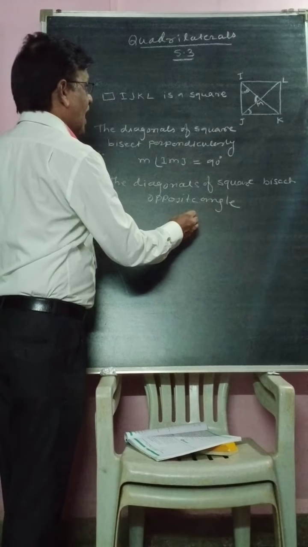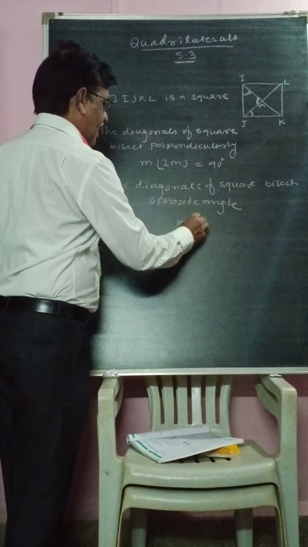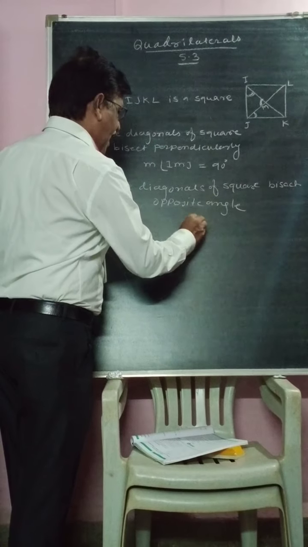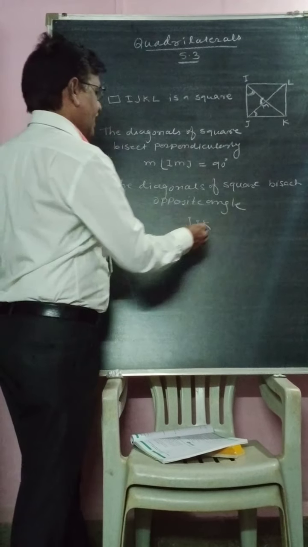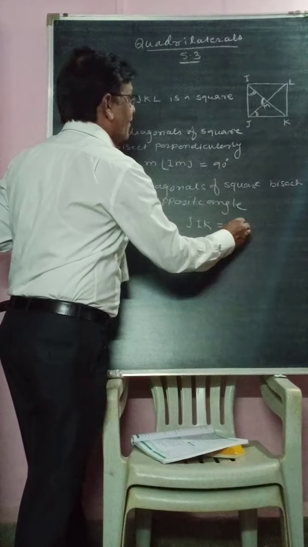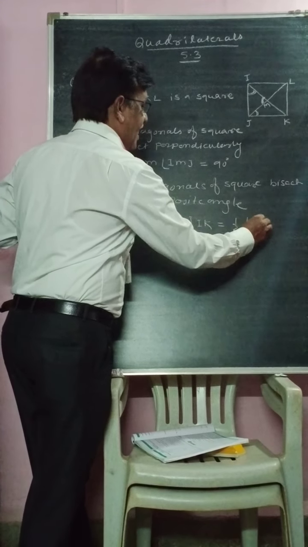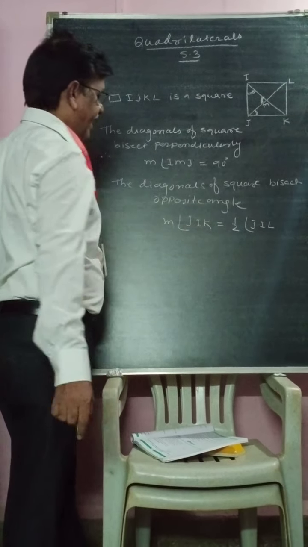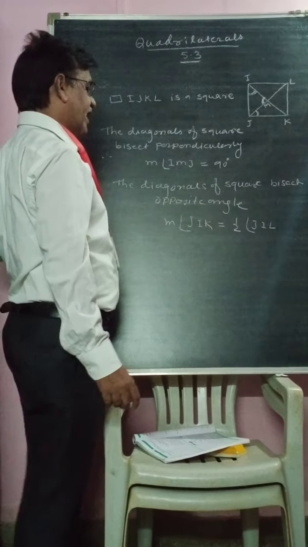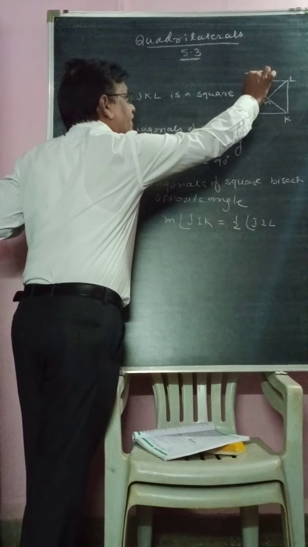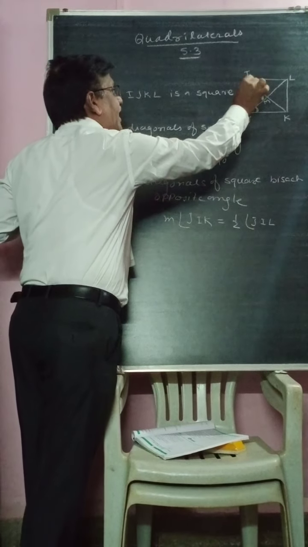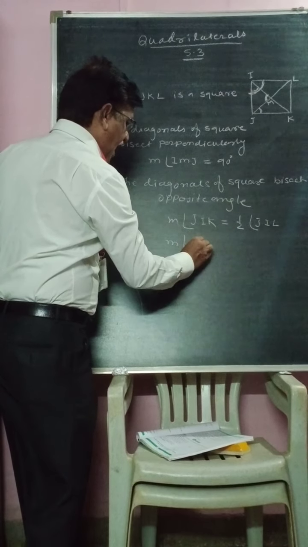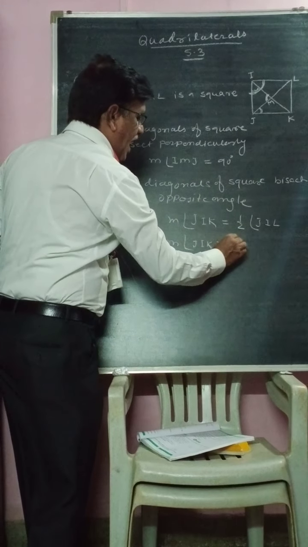KIJ or JIK is equal to half of angle JIL. So the measure of angle JIK is equal to half of the measure of angle JIL. This is JIL, the full angle, and this is half of the full angle. It means the measure of angle JIK is equal to half of